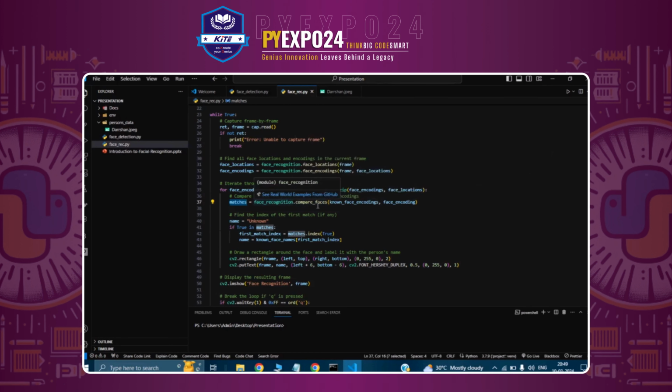For example, if face recognition returns this list with multiple faces, this is our encoding. Wherever the encoding has not matched, we will have false in this list. Wherever the encoding matches, that is the encoding that we want. If it is present in this list and both of the things get matched, then that particular index will be true. We get the index of that element in the list and use that index in our known face names to retrieve the known face name,